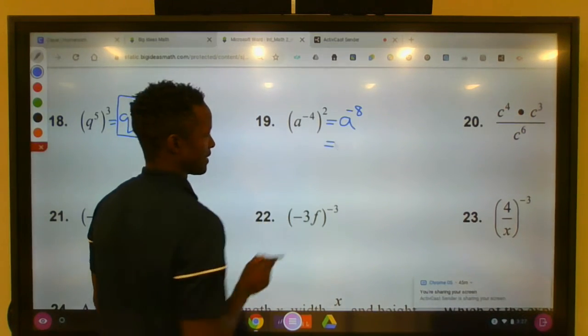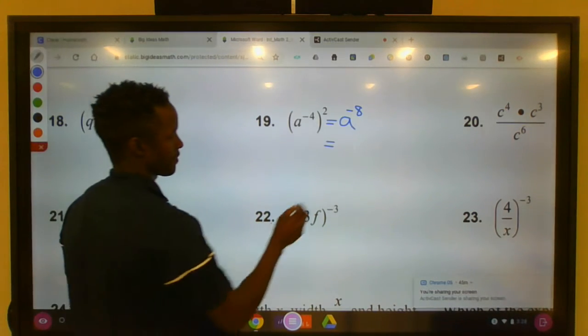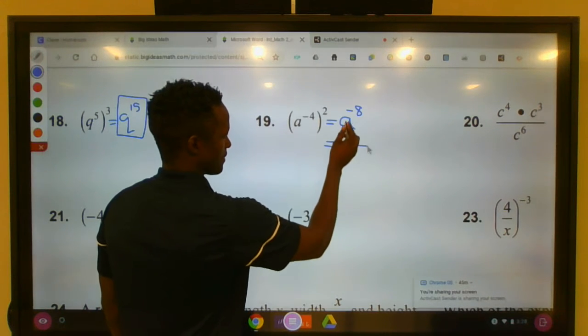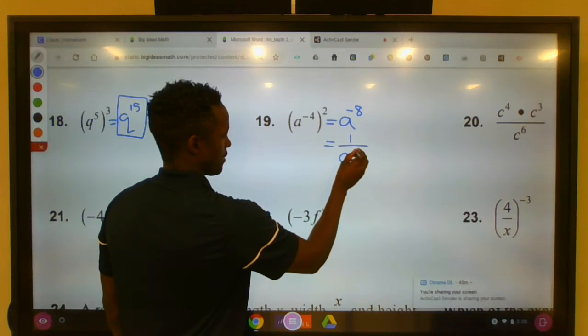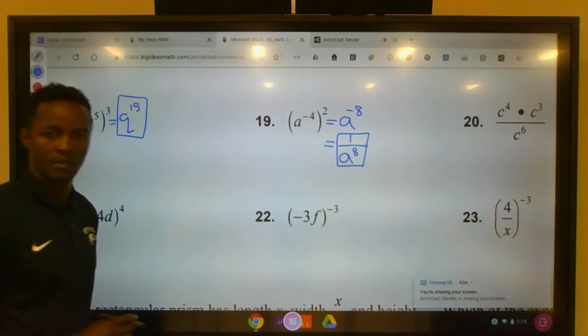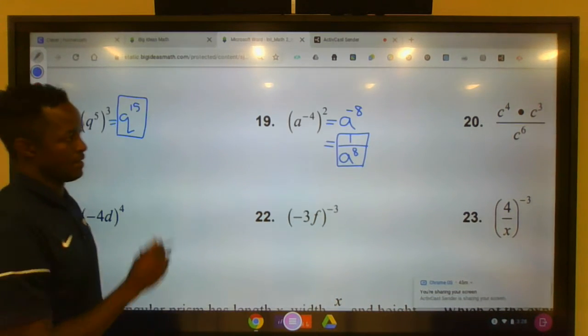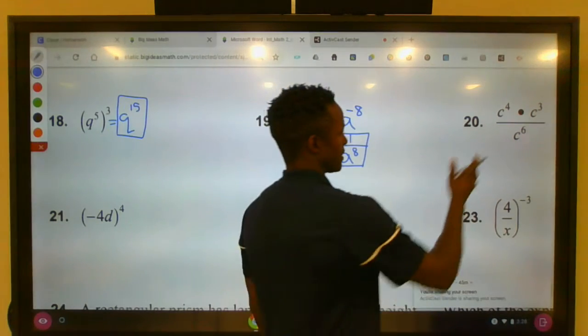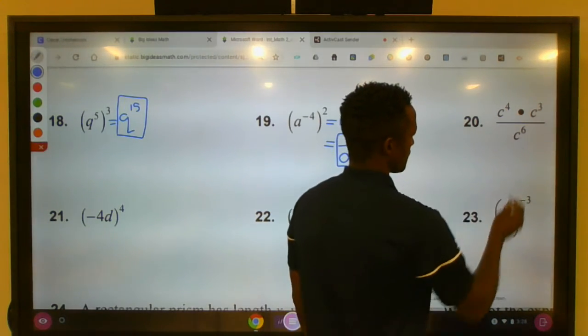So we're going to apply the negative exponent property, which allows us to write 1 over a to the 8th power. We're done. Next, we have a bunch of c's here, and you can go either way, but I would like